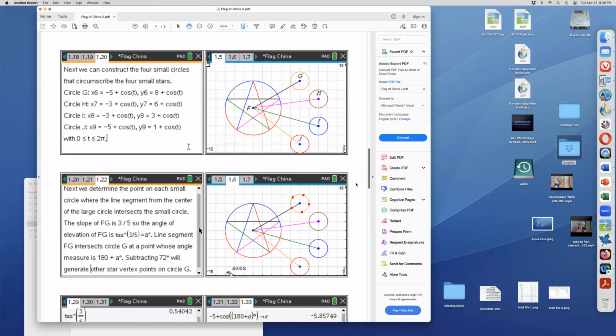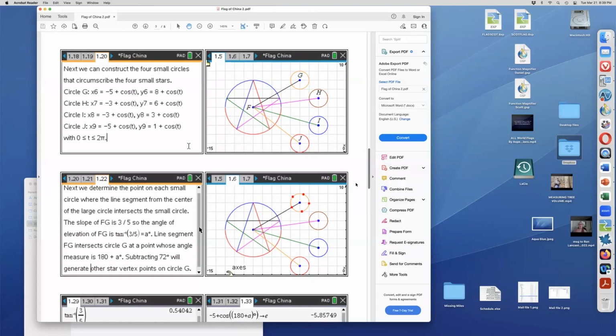Okay, so how do we identify that point? So if you take a look, say going from center of the large circle F to the center of the highest small one, G, we could see that the slope of that line goes over 5 and up 3. So the slope is 3/5. So the angle of elevation that line makes would be given by the tangent of that angle being 3/5. So the angle itself would be tan inverse of 3/5. And you can use that in the calculator and then store that. And I call that A degrees for that.